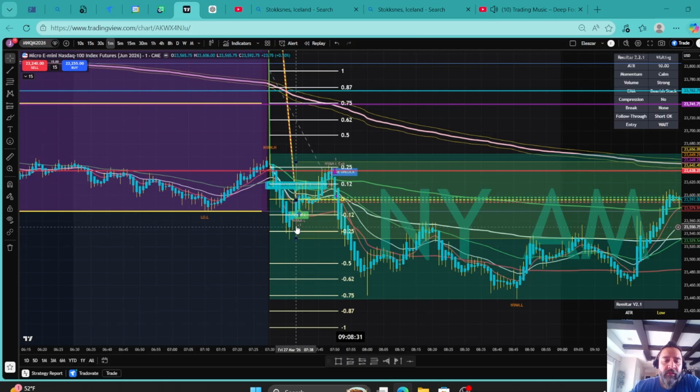Then initially, it starts coming back up. Remitar gives us our first clue here, and what it does, it tells me to go long. Now I know for the most part, when I get this first type of long from Remitar, it's usually not the move, but it's giving me an indication that this is a second move. So this ends up being what we call the fail move, because it's going to go up. And usually, when it gives me this move, Remitar usually reaches the 50, sometimes the 62, it really depends